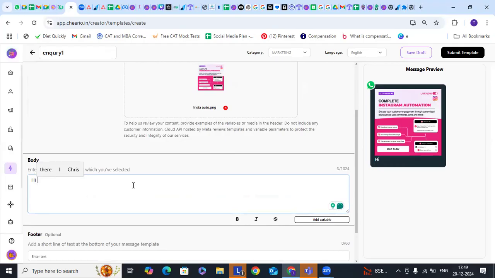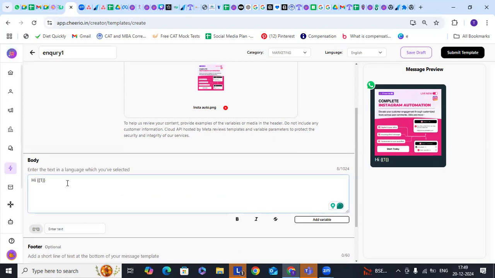After that, if you want to put a name, suppose you have 1,000 of database and for each people, you want to make it more personalized with the name. There is a section called add variable. Click on it. Once you click on the add variable, put an example here in the one section. So suppose I am putting my name as an example here. You do not have to put the 1,000 people's name here. The system will automatically fetch the name from the sheet. Here, my name or any name beside one is giving an example. This is just for an example.